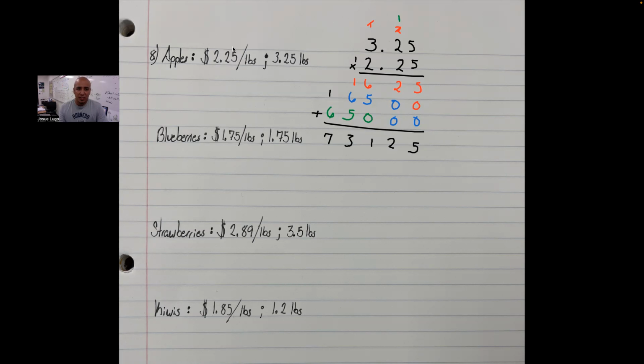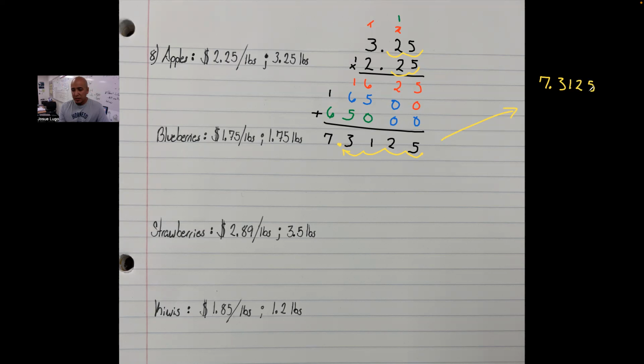However, as we saw in class, ladies and gentlemen, whenever we are multiplying decimals, we have to count the decimal places in the factors. So here's 1, 2, 3, 4 total decimal places right here. So we have 4 decimal places, meaning that I have to have 4 decimal places in the answer. So beginning with all the digits that we have down here, we have 1, 2, 3, 4. So ladies and gentlemen, the final answer to this is going to be 7 and